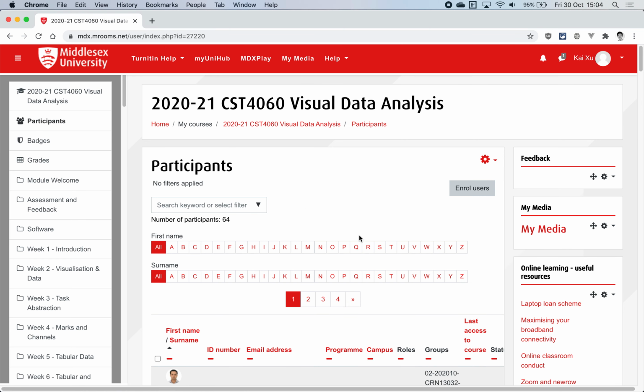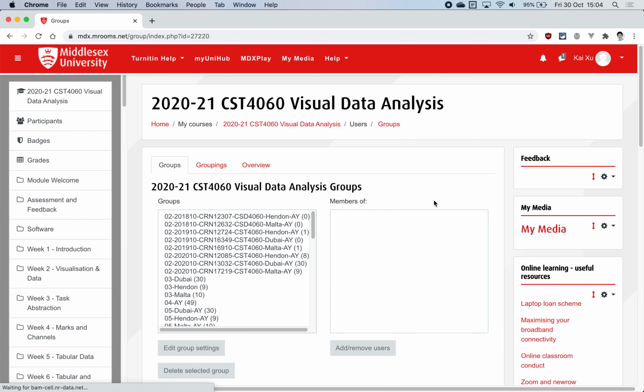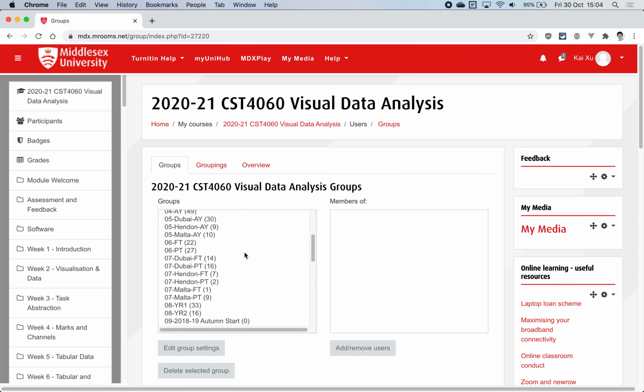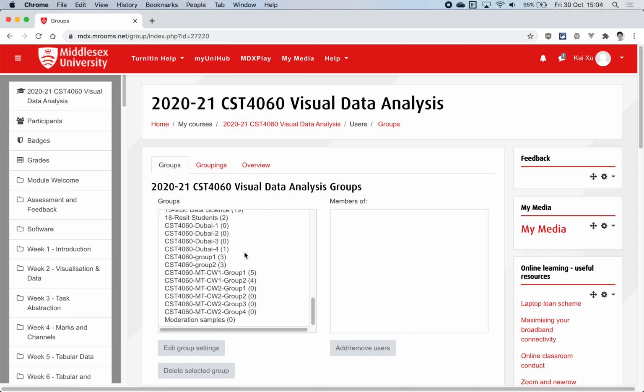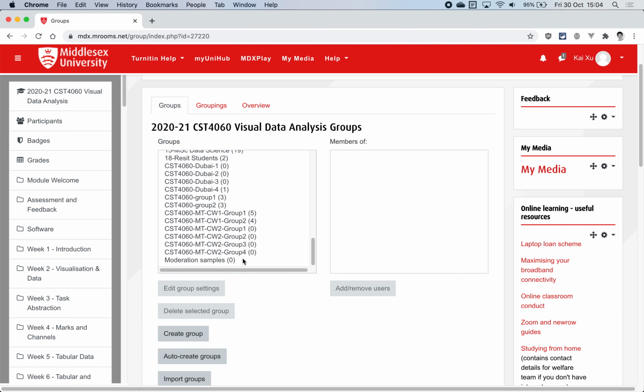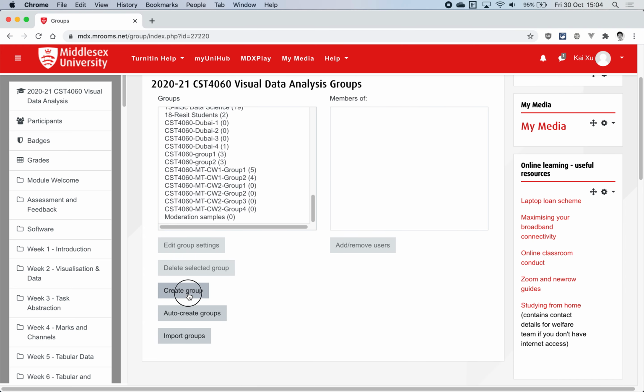something similar to this. And then you need to click this cog icon or the setting icon and then choose groups. So now you can see all the groups that are currently available on the left, and if you would like to create a new one, just scroll down a little bit and click create group,